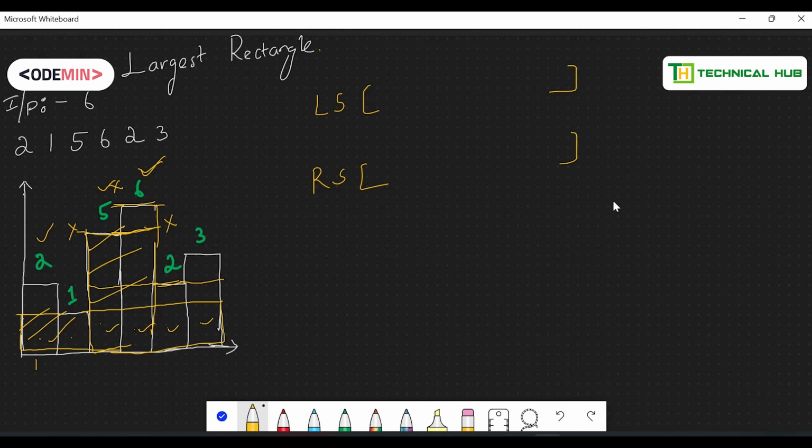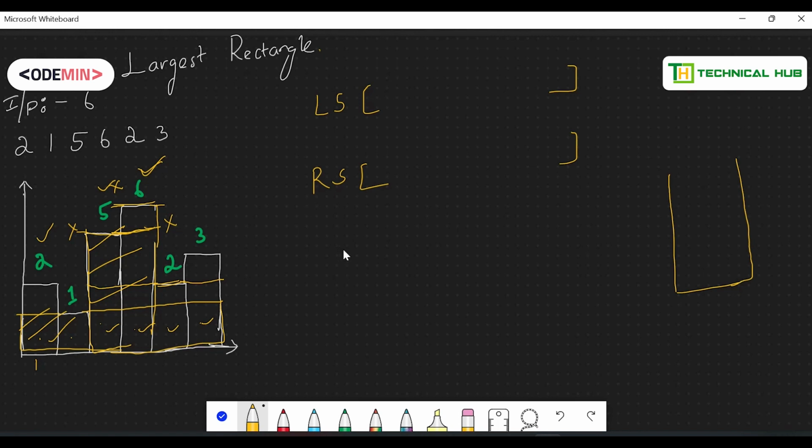Okay, so to get the next small towards its left or the next small towards its right, we will take the help of stack. Now this problem can be solved by using stack. If you don't understand clearly about stack, you have to know the linearly increasing implementation of stack and linearly decreasing implementation of stack. Once you understand these two concepts, then this problem will be very easy for you. So I'm telling you, once go for the linearly increasing and decreasing implementation of stack, so that you can understand this problem clearly.